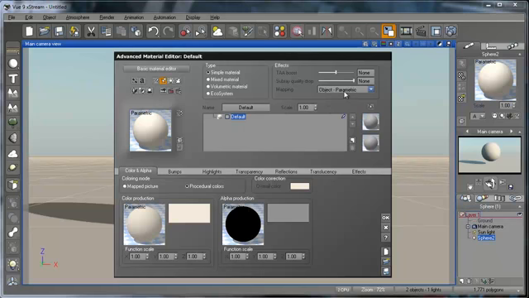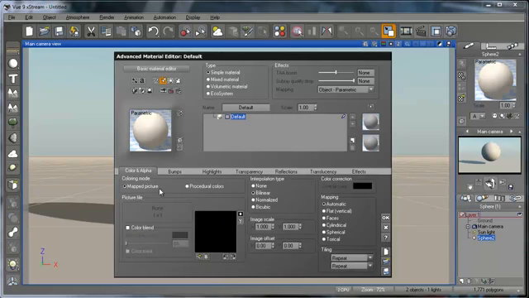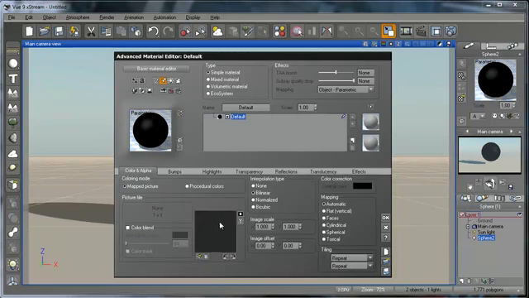And here we have the mapping, as we've seen with the basic material editor. So here we have multiple tabs, seven tabs, and in the first one, which is the color and alpha, we'll have the ability to choose our coloring mode. Here we have the mapped picture, and here we have the procedural picture. So for mapped picture, you're gonna have to use